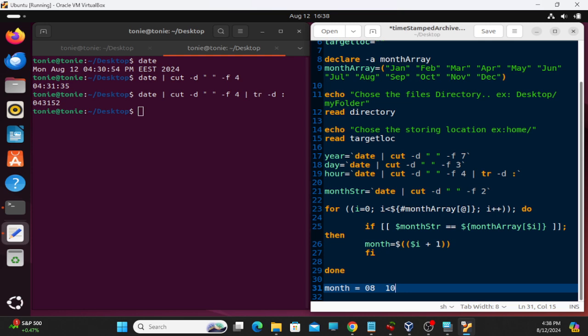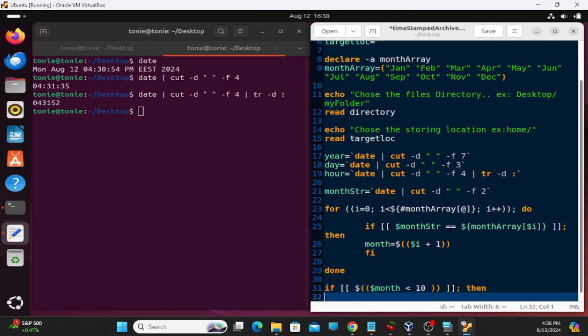So if the day value is less than 10, I need to add a 0 on the left. If not, I will leave it as it is. So how do we actually do that? I type if, dollar, and I get the value of the months, dollar months. Here, by the way, dollar and parentheses means that what's being processed inside these two parentheses is actually a mathematical statement. So if dollar months is less than 10, and then I need to close the if statement here,